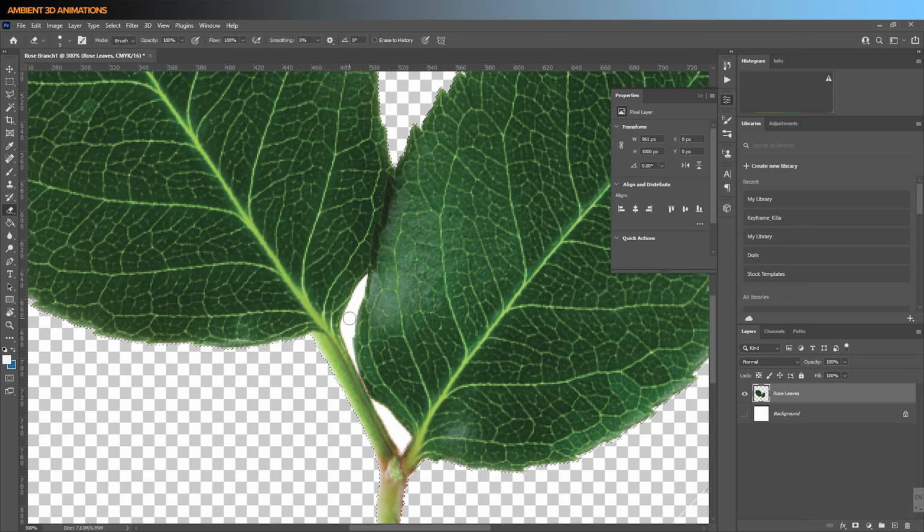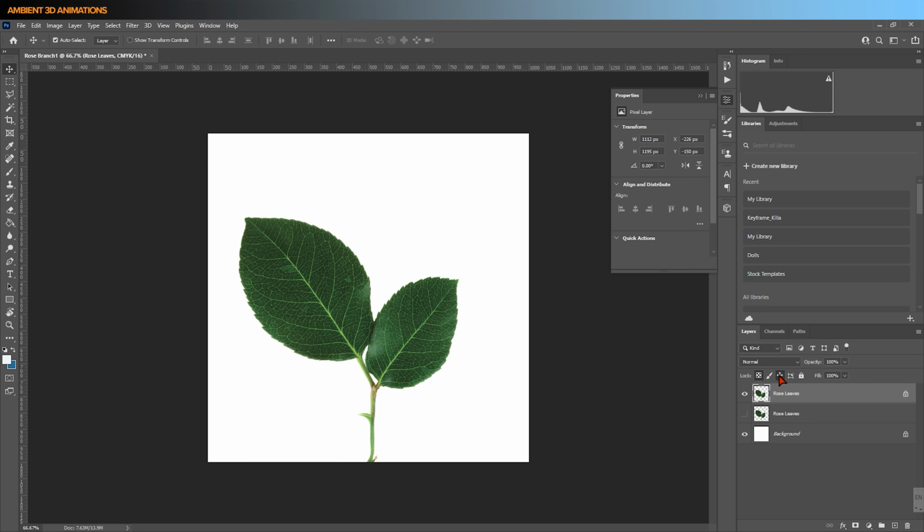Selecting in here, hitting delete. I'm going to copy and paste the rose leaves, holding down Control-Shift-V so that I paste it in the same place. You can see if I move this, there are two there. I'm going to hit this little button here and this button here